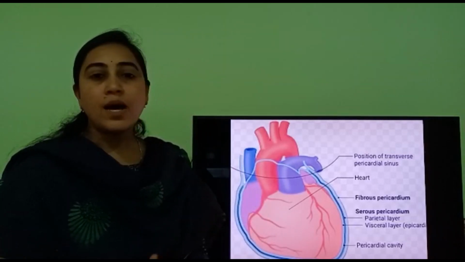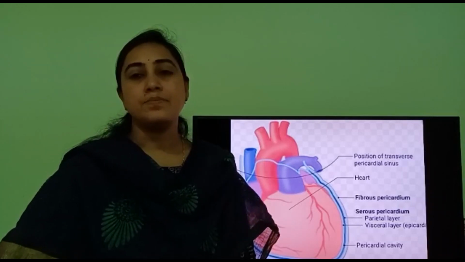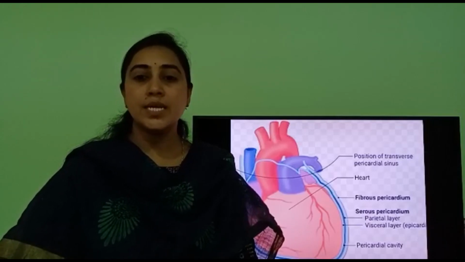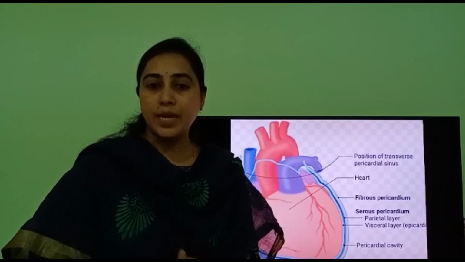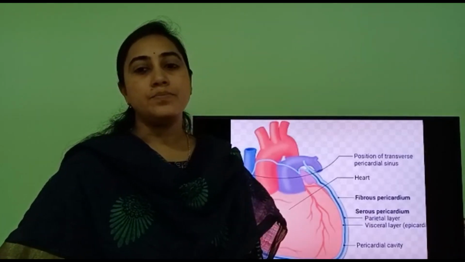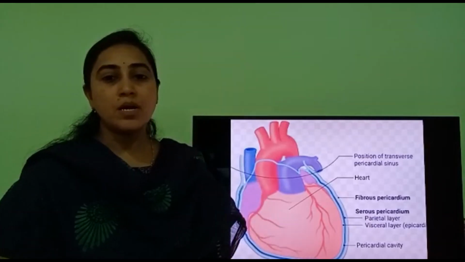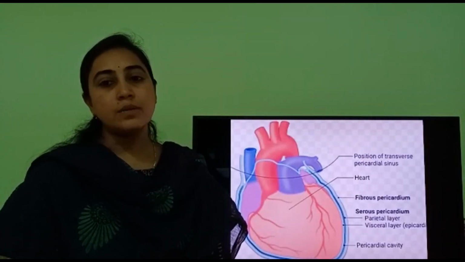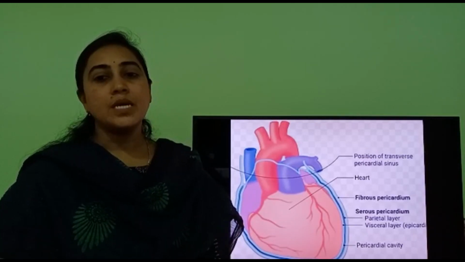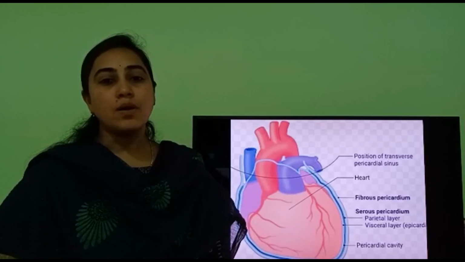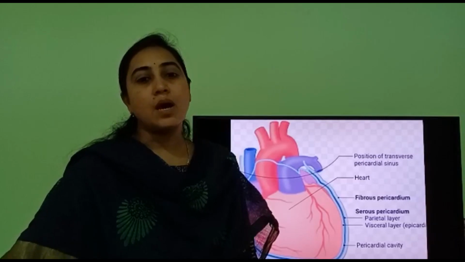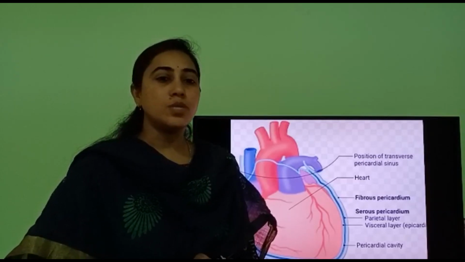The wall of the heart consists of three layers: the outer epicardium, the middle myocardium and the inner endocardium. The middle layer, the myocardium, is the thickest layer, made of cardiac muscles, and the innermost endocardium is a thin layer. The endothelium covers the heart walls and is continuous with the endothelial lining of the large blood vessels connected to the heart.